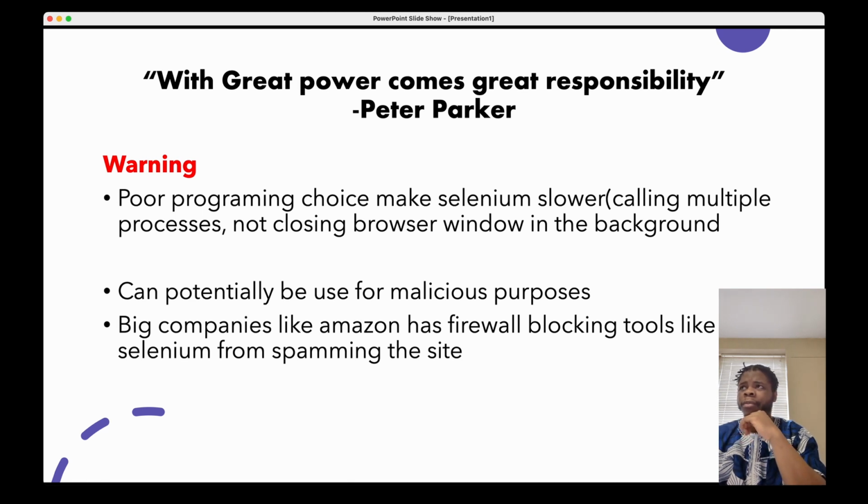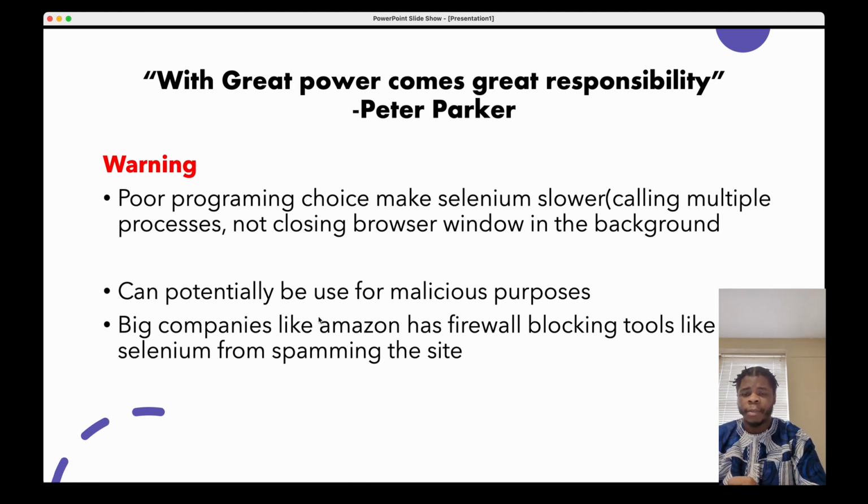If you have done concurrent programming, if you load up a browser using Selenium, think of it as a process. A lot of the time, if you get really into programming and forget to quit or close all these processes, your computer is going to get really slow and annoying, and really hard to use. I think this can also be used for potential